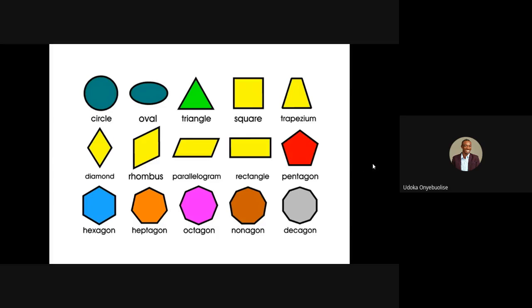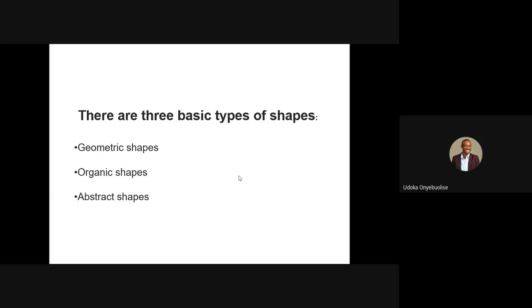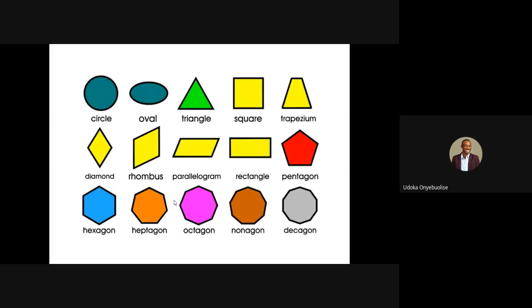Okay, so we're going to do a practice in our next class to see how you apply shapes. So that's the basic fundamental about shapes. Now, there are three basic types of shapes. We have our geometric shapes, we have our organic shapes, and we have our abstract shapes. When we talk about geometric shapes, these are the ones that you see on this slide. The simple shapes we know, the circle, the oval, the triangle, the square, the basic shapes that we are already